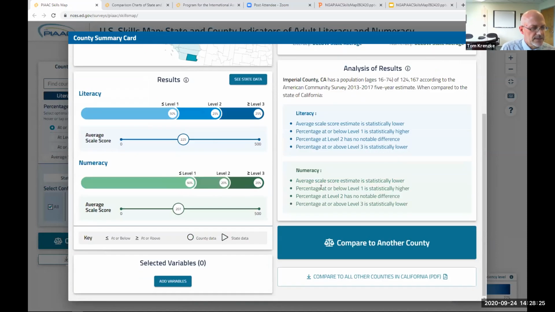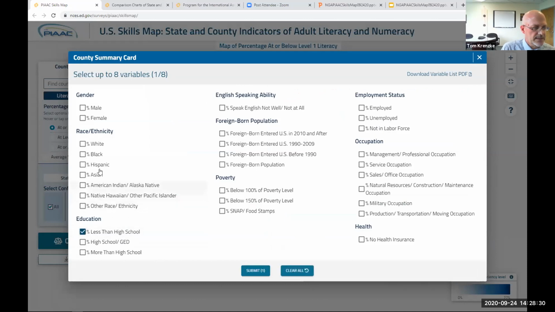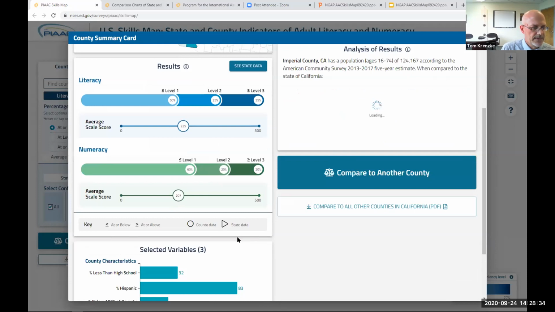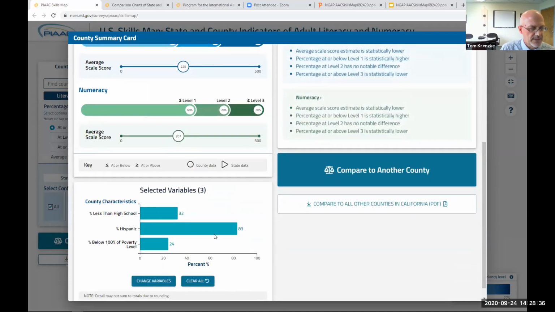And as a check, let's look at their characteristics. So I'm just going to click on less than high school, Hispanic, and below the poverty level, and see its characteristics. See a high Hispanic population and so forth, and high poverty and low education, for example. And so the entrepreneur may want to focus a little more on